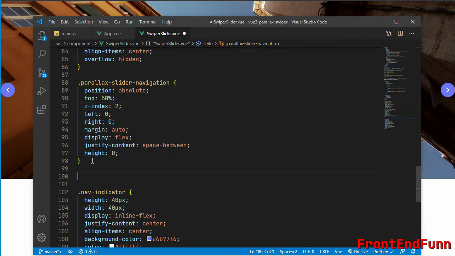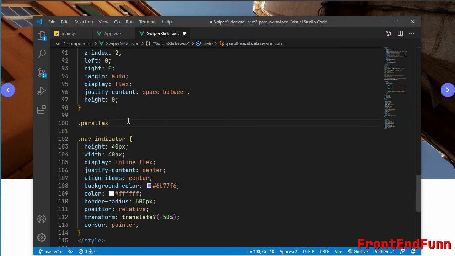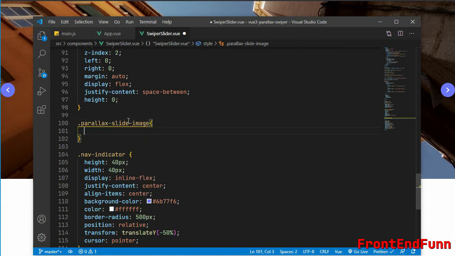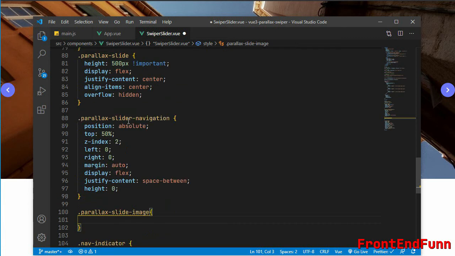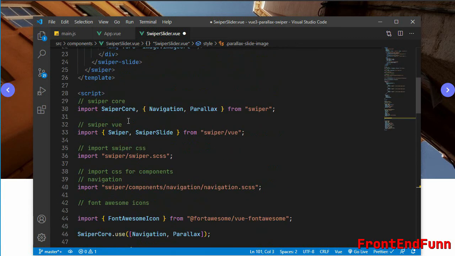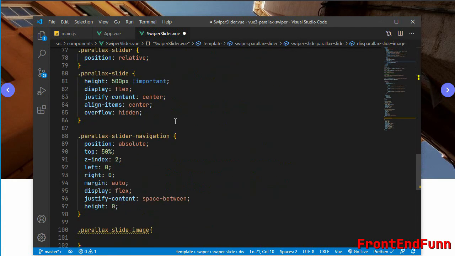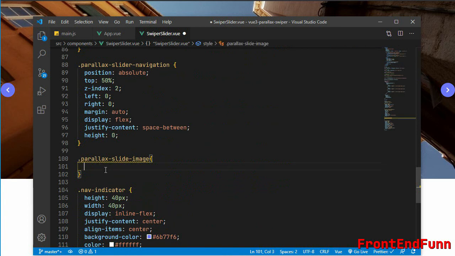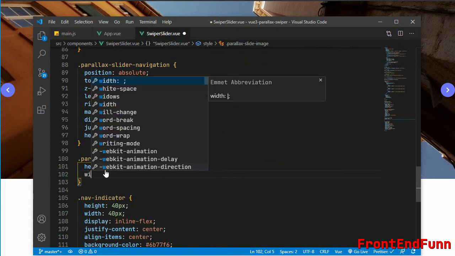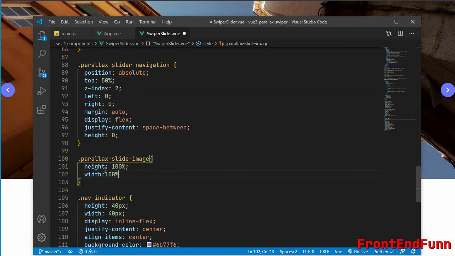And finally for the slide, parallax-slide-image is a class which is a wrapper for the image here. As you can see, this is the image and this is the wrapper. So we'll set the height to 100% and also the width to 100%.